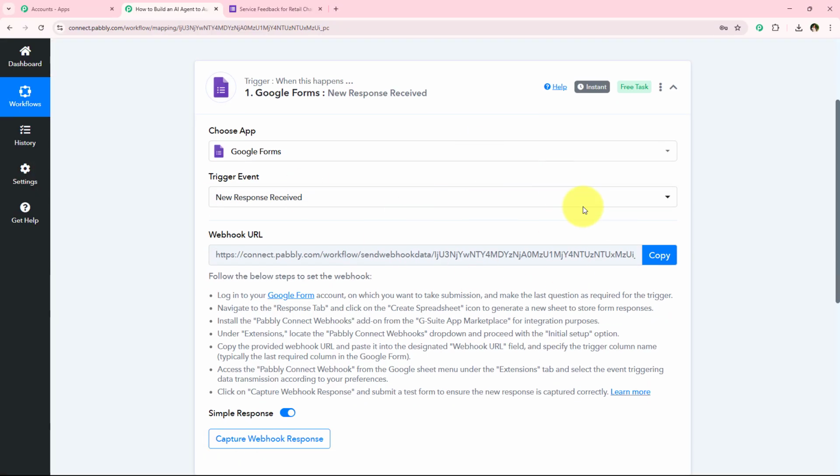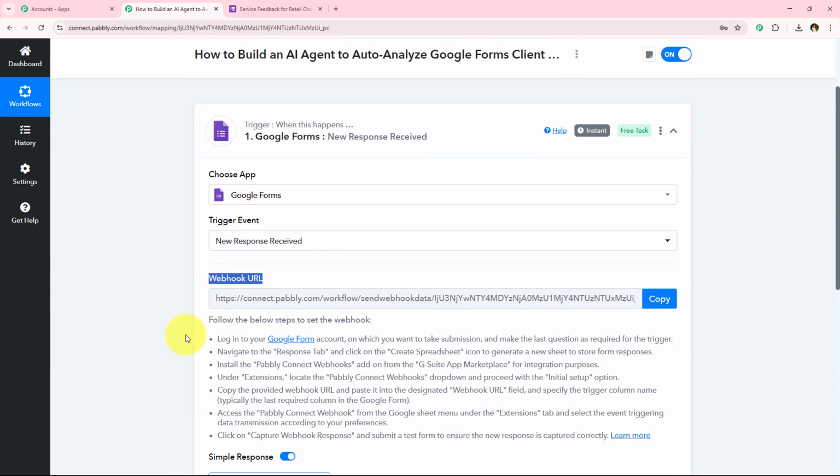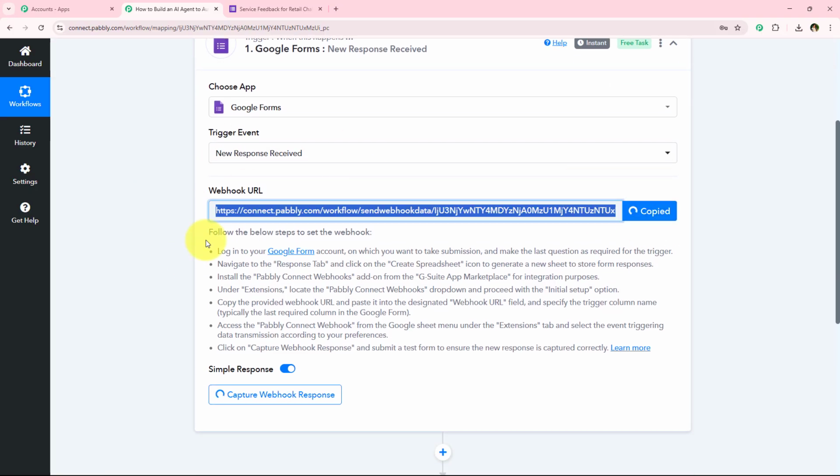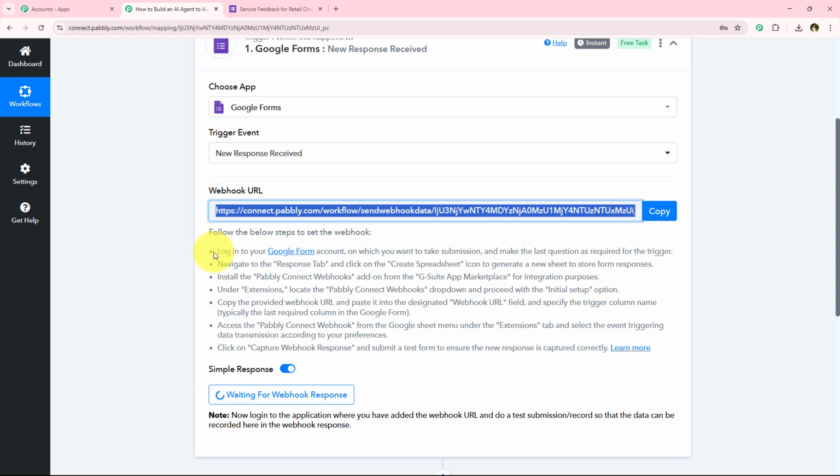And now it is giving me a webhook URL, and over here, I'm just going to use this same webhook URL in order to create a connection between my Google Forms and my Pabbly Connect's workflow. So what we're going to do is, I'm just simply going to copy this webhook URL, and then we're simply going to follow this help text,